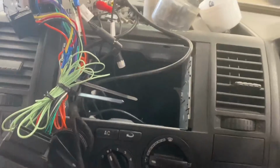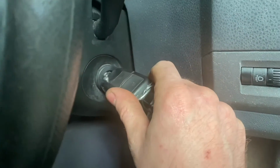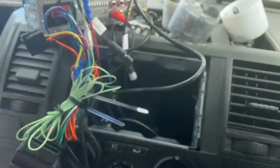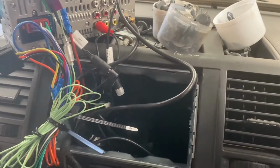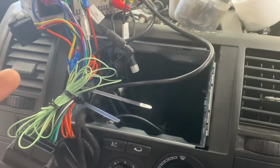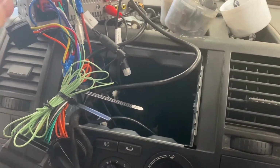DAB. Now I have noticed that with the T5, it doesn't have the key switch off. So, well, S contact as we call it, is when you switch the ignition on and switch it off and then pull the key out, then the radio should turn off. This is linked into the CAN network, so the radio just has a constant positive feed. I've even checked the wiring to see if there's an ignition switch on the back, but there's not. So my plan is to go down to fuse 19, which I've already taken out just here,